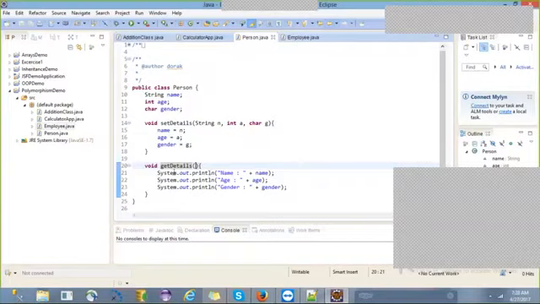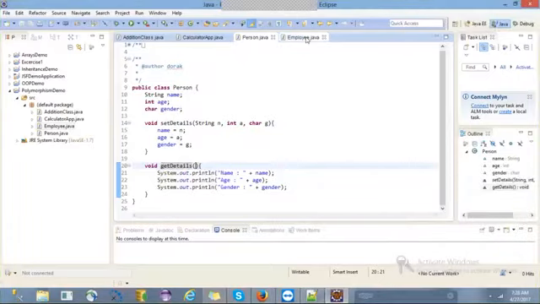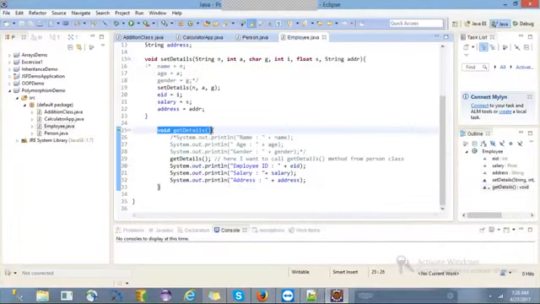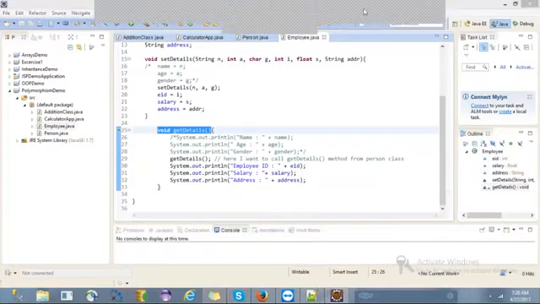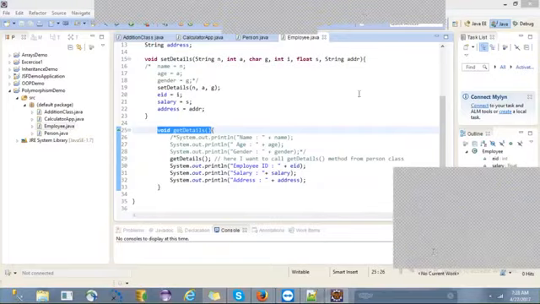Get details here. Yes, zero, no params. In a similar way, how many parameters are there in the get details method of the employee class, the subclass? Zero parameters only, right?